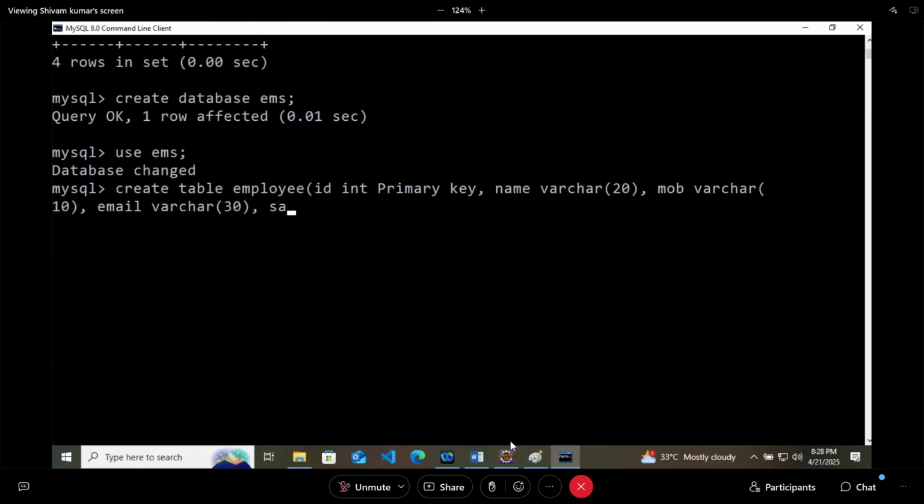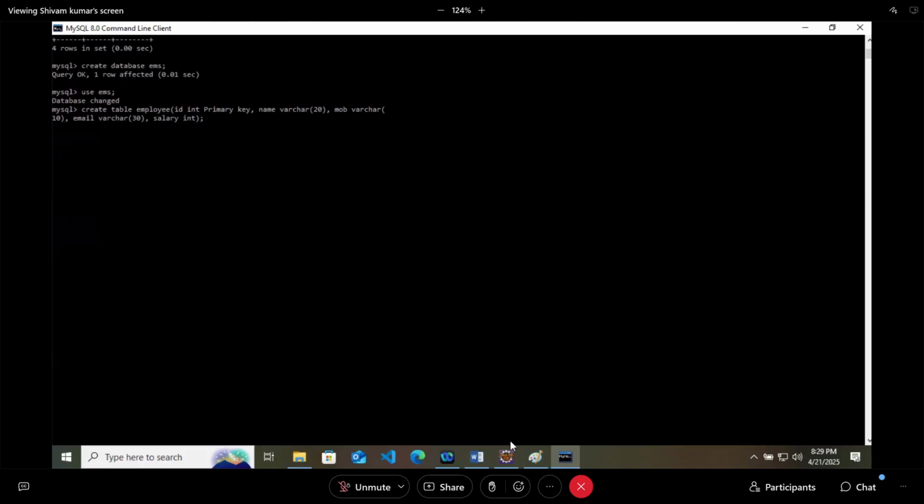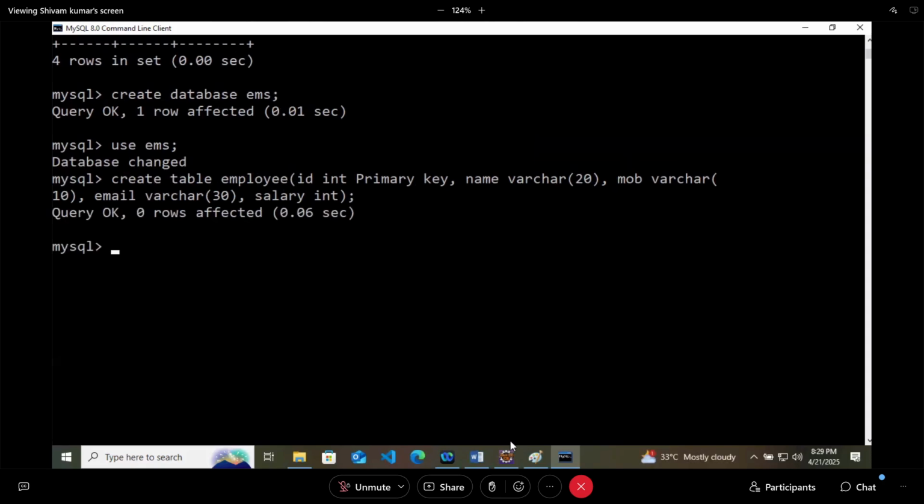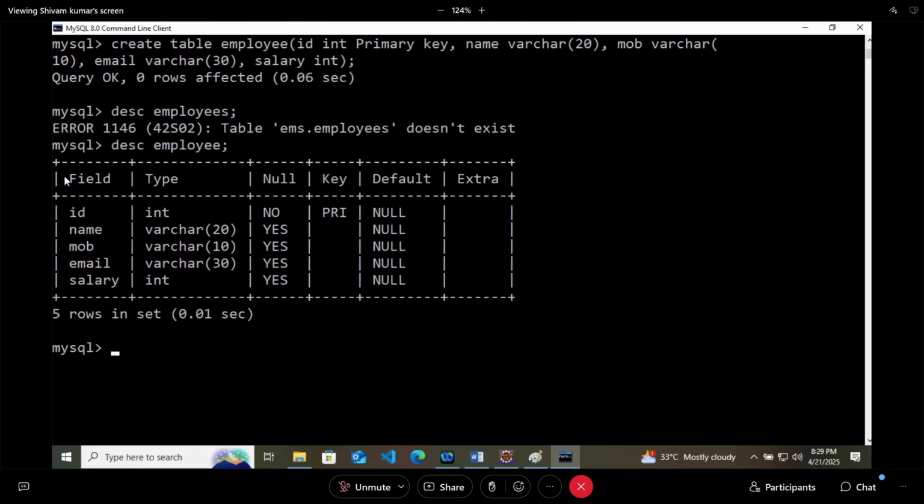After email ID, we are taking salary as int. Query OK means my employee table is created, where ID is primary key, name is varchar 20, mobile number is varchar 10, email ID is varchar 30, and salary is int.